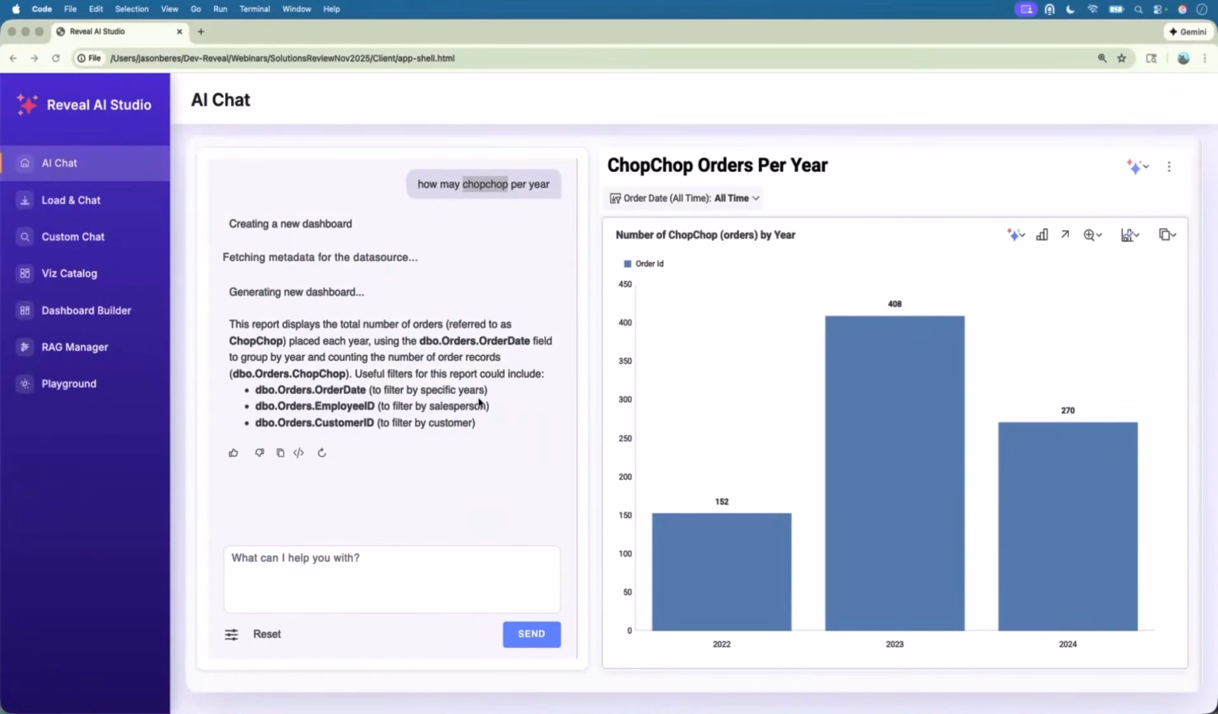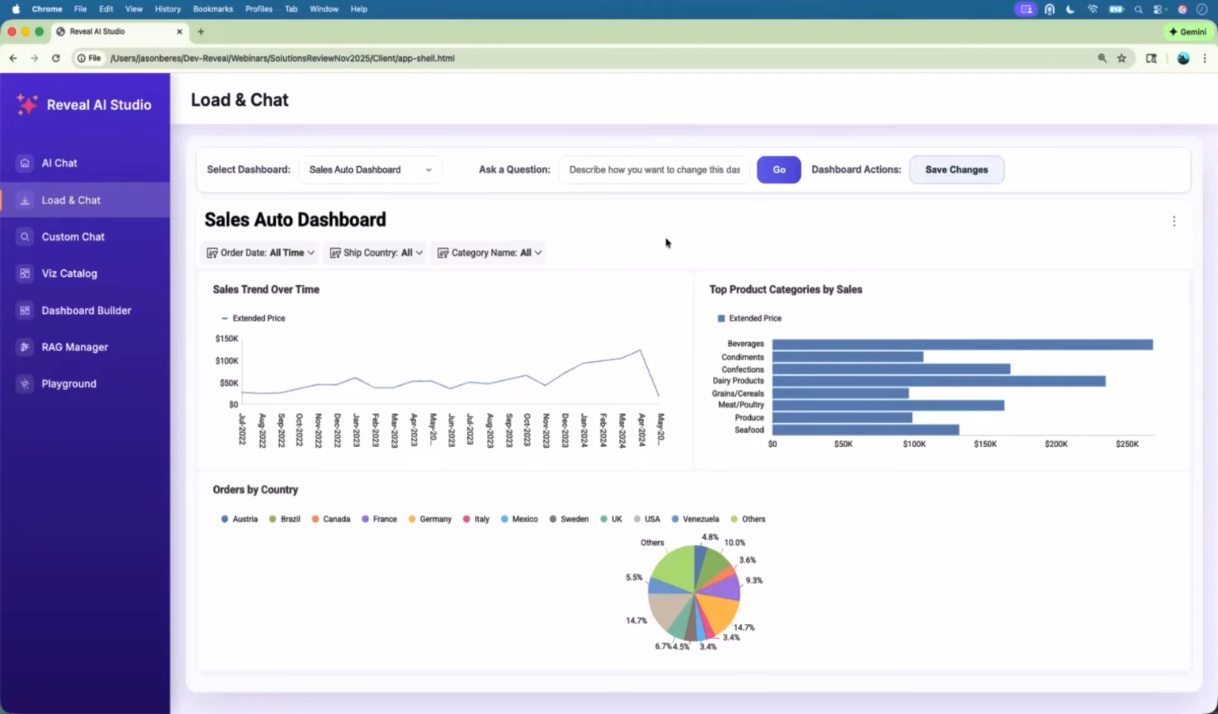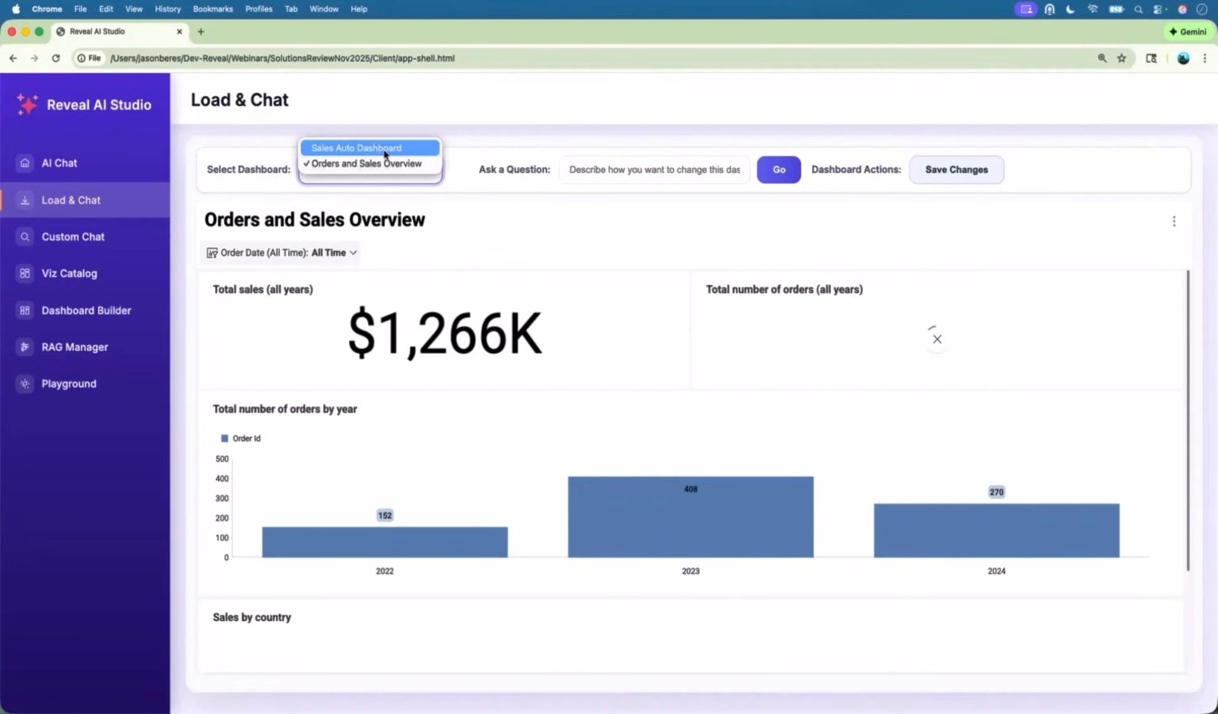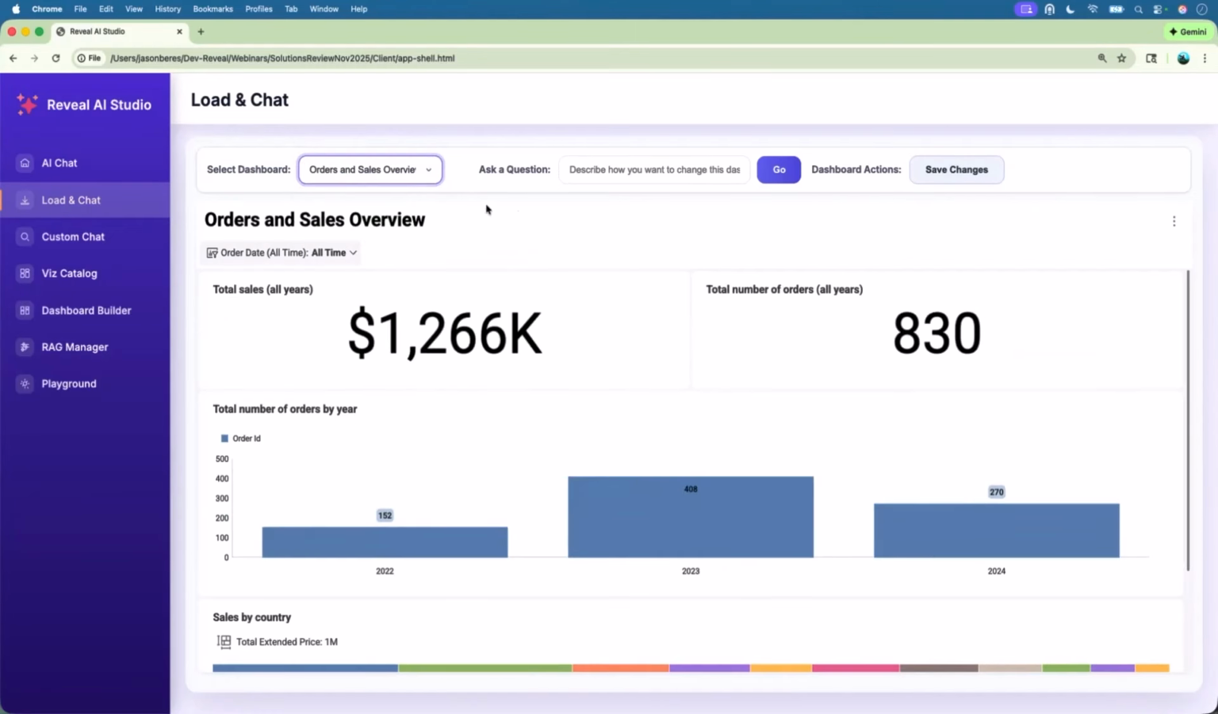So I'm going to leave this exactly where it's at. I'm going to go over to load and chat. And what am I going to do here? This is just yet another example of how you can present AI to your users. On my previous AI chat, I had a chat screen on the left, and on the right, I was showing a dashboard. Well, you already have a bunch of dashboards made. Remember earlier, I created these two dashboards, or the AI created them. I saved them,